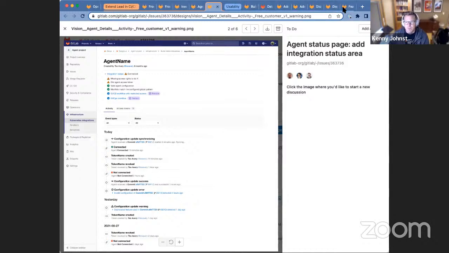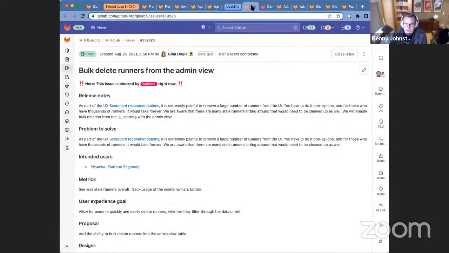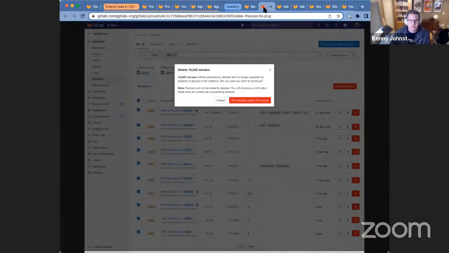I'm going to move on to usability. And so again, these are just a couple of the really fun usability improvements that we have. And I like to highlight ones that I think are developed from a deep understanding of our users' behaviors. So we recently added an admin view for runner fleet management, enabling administrators or group maintainers the ability to more effectively manage a fleet of runners that they are using to enable their teams to perform CI/CD. And one of the first things we realized is that many users have stale runners. And so we wanted to not just highlight that to them, but also give them the ability to bulk delete stale runners. So we're going to be adding that functionality in 15.2.